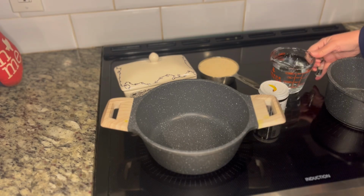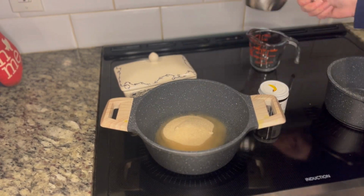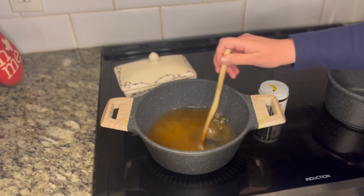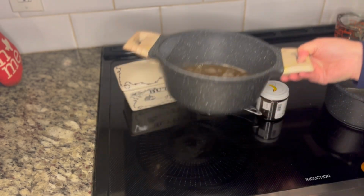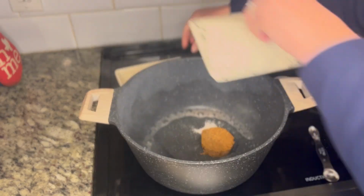First, make a quick simple syrup. Just mix in 1 cup of water and 1 cup of sugar, and boil it until the sugar dissolves. Then, set it aside. Next, grab a big saucepan, turn up the heat, and stir together a fourth of a